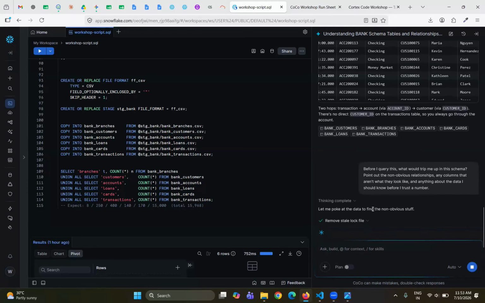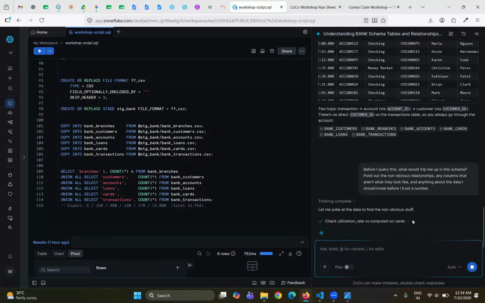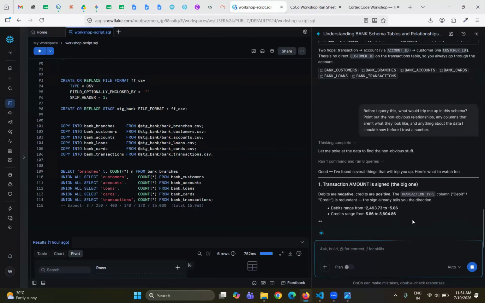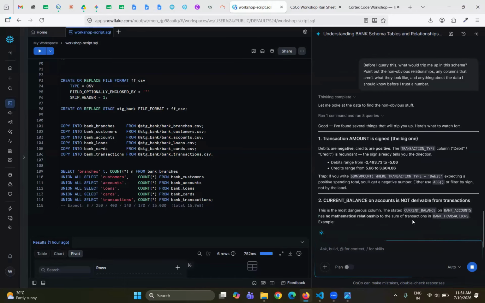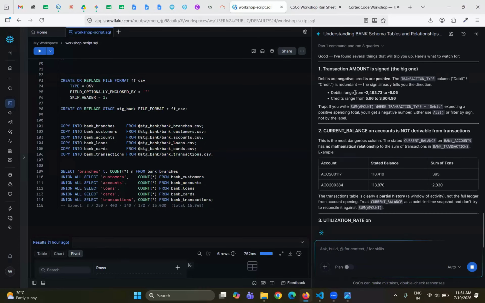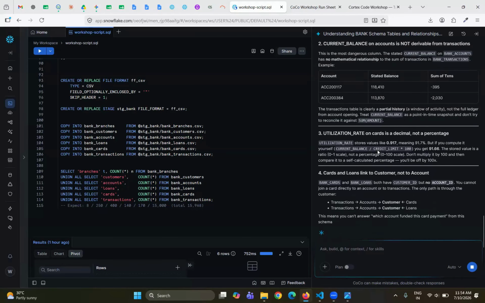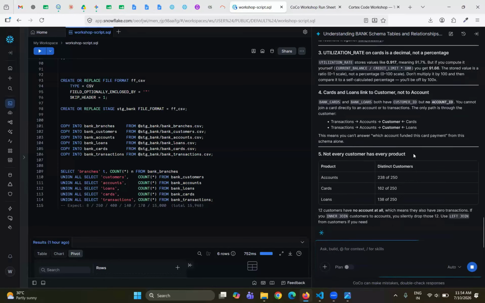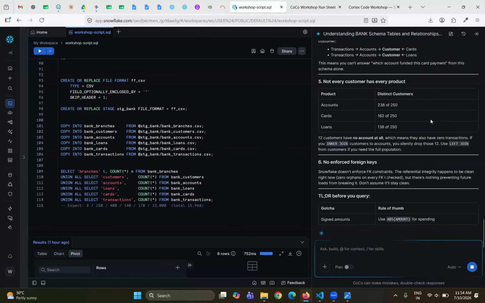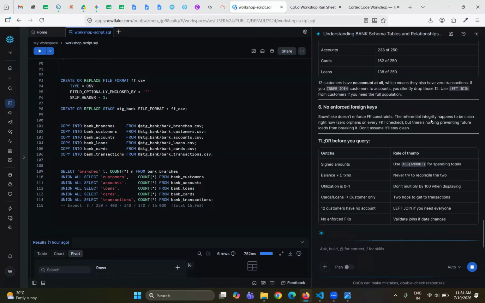So it has removed a certain log file. If you expand this, you can see what currently it is thinking, and it is processing. So whatever quick analysis you wanted to do on top of your data, everything can be done here. You can see here, transaction amount is signed. And it is giving me